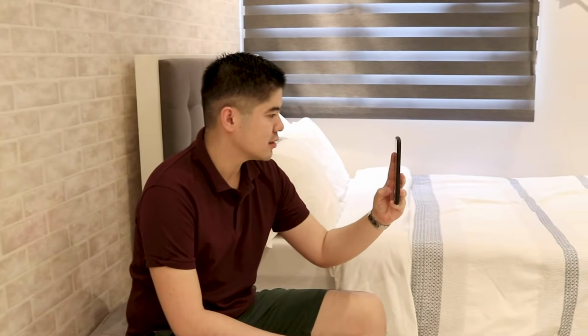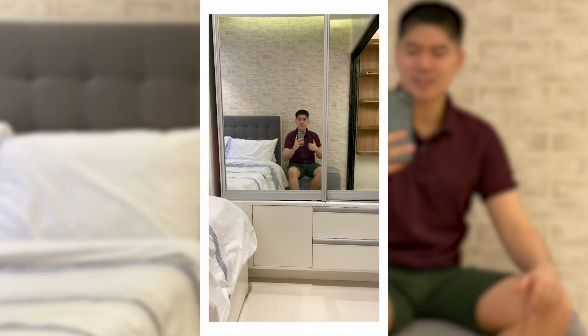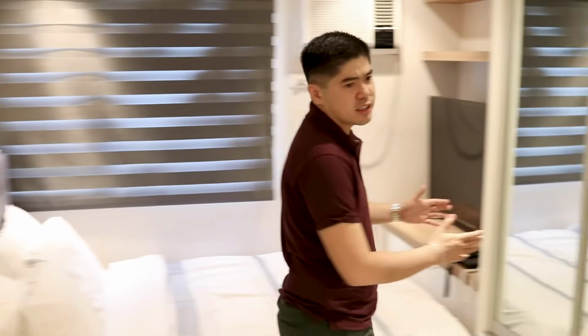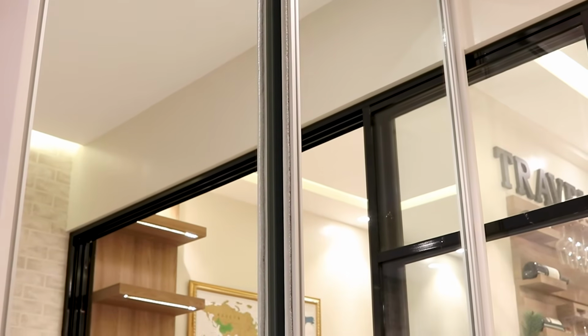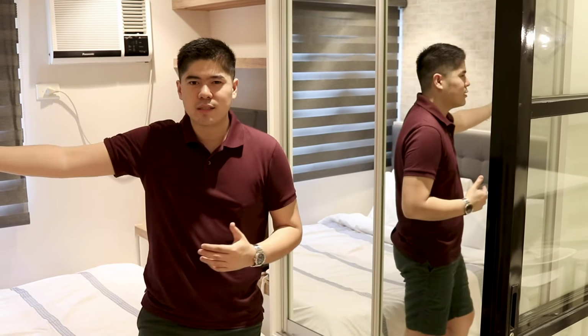Also, when you're sitting here, you can actually do your selfie. Because again, of the lighting. So for your, I woke up like this pose. Because in front of this ottoman is again another full body mirror which happens to be the closet. Again, the mirror makes the unit look bigger and makes the bedroom look bigger and nagre-reflect yung texturized wallpaper niya